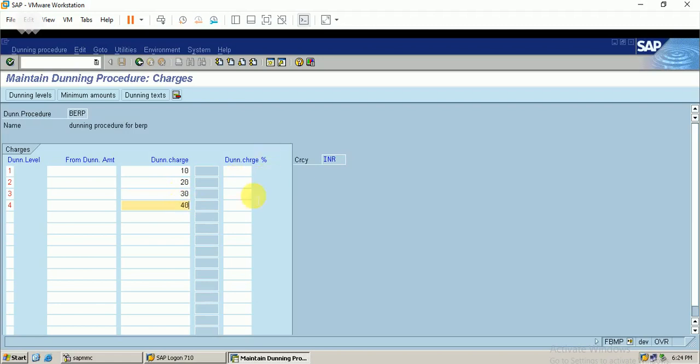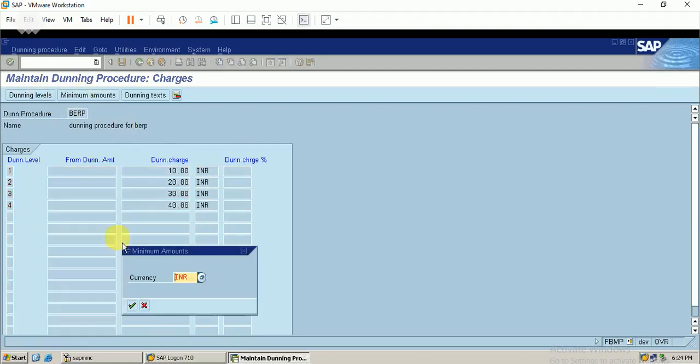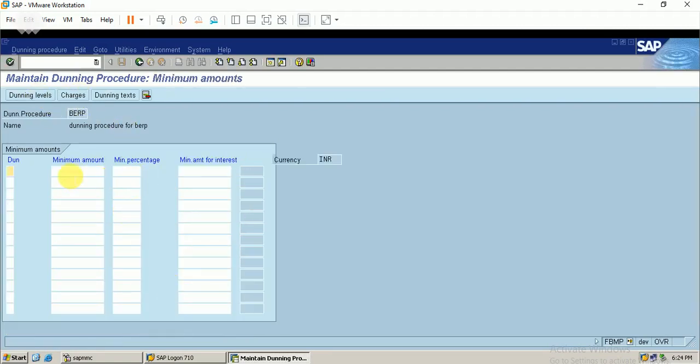We can also maintain it in percentage, and the minimum amounts for my dunning levels. Okay, the minimum amount, or I just go for a percentage.